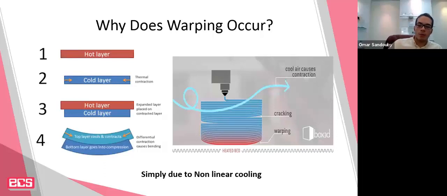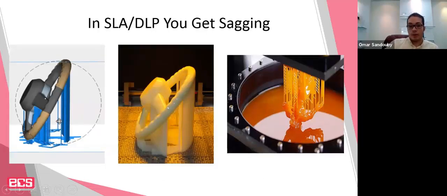So when you're talking about a part which is being built, let's say we're going to take FDM as an example here, the part is being built layer by layer, and this is true for any manufacturing process. So the fact that the cooling of those layers would happen at different rates, you will be more likely to have this deformation. In SLA or DLP, non-contact membrane technology, when you're using an open tank resin, you get a phenomenon